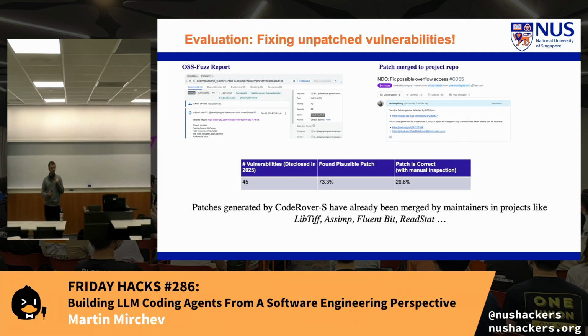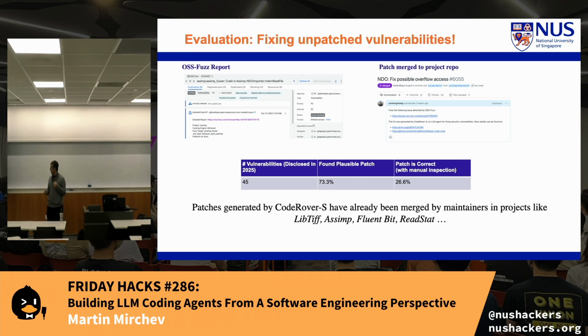As always, we take developers' feedback when it comes to evaluating this. Usually, we also did evaluations between ourselves, and we decided at one point, yes, we think these patches are good, let's send them to the real developers. Myself and a couple of colleagues talked with developers, submitted these patches on GitHub, and opened PRs. We said, hey, this is generated by an agentic system, this is the patch, and maybe we gave them some additional information and went back and discussed with them. We saw quite a lot of successes. I myself even had a couple of patches accepted. So we had about 26% acceptance.